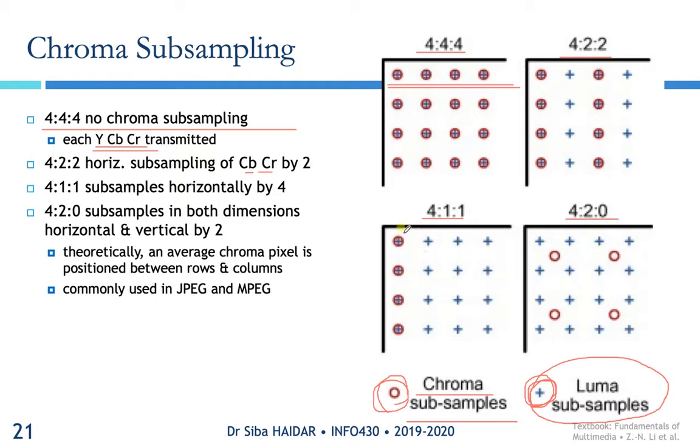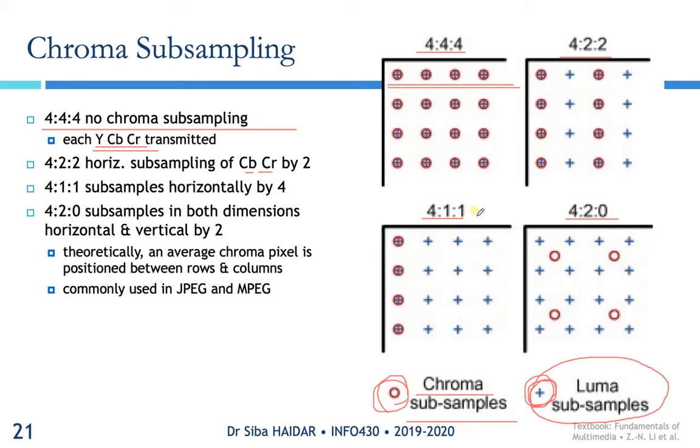So for every 4 luma subsamples, we send only one chroma subsample for each channel. For the initial matrix 4 by 4, the first channel, the luma, will be 4 by 4, but the second and the third channels will be 4 by 1. And in the 420 color scheme, also for every 4 luma samples we will have one chroma sample, but unlike the previous one,